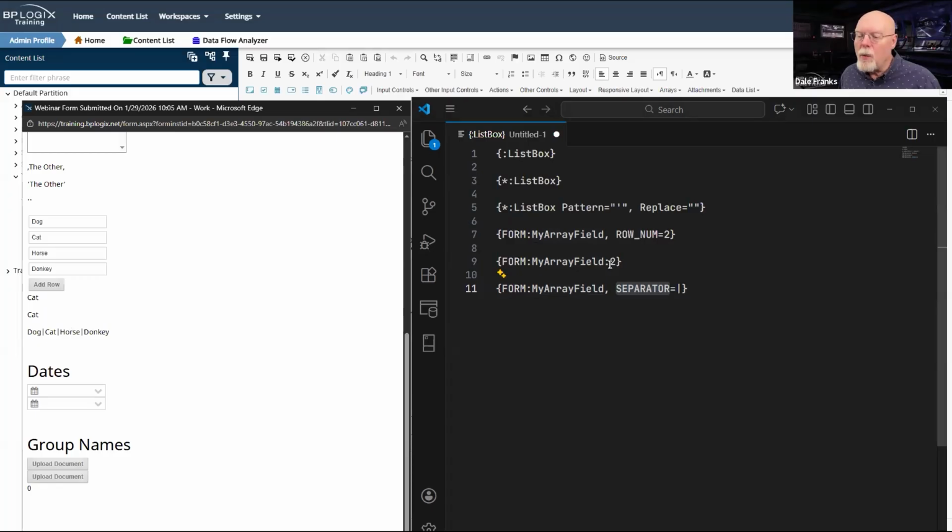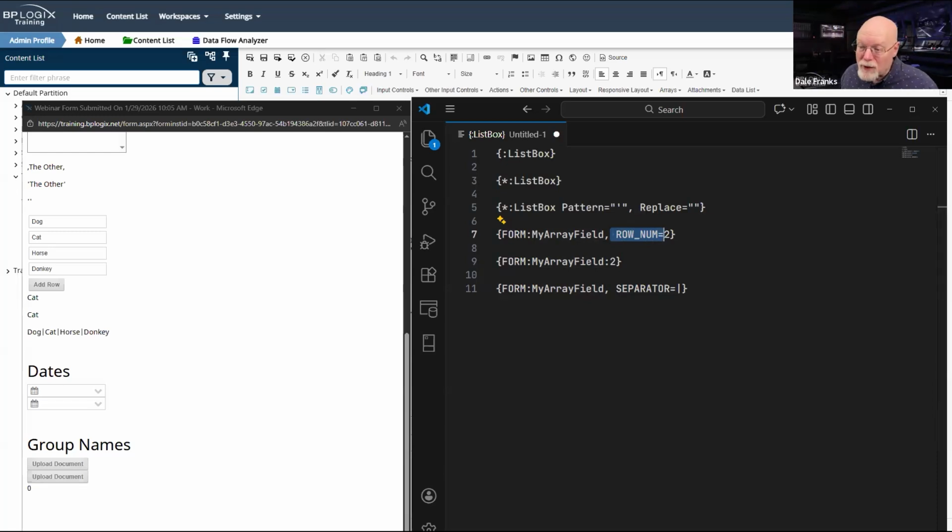So there are two ways to grab specific items out of an array. There is the row_num modifier. So when I say I want to return my array field and I want to return row_num equals 2, it's going to return me the second row. This is a lot of extra, oops. This is, well, actually, I'm still going to need a character there. So we'll do this. This is a lot of extra writing, and I am too lazy to do that writing.